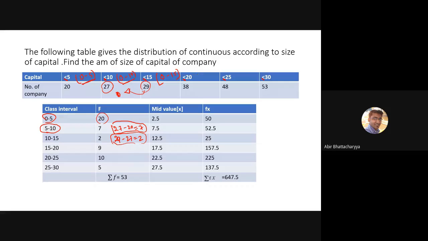Now, less than equals to 20 means it is 0 to 20, but we need 15 to 20. 15 to 20 means 38 minus 29, so 9. Similarly, 48 minus 38 is 10. So depending on the sign and the given situations, we have to handle the situation in that manner. After that, go for the mid value again, and please cross check the answer. After verification, please let me know. Quick. Once you have done the verification, please write down the final answer and write down V on the chat box.